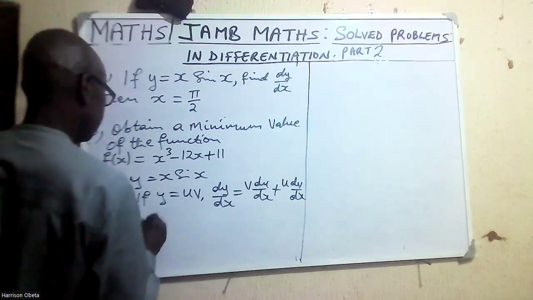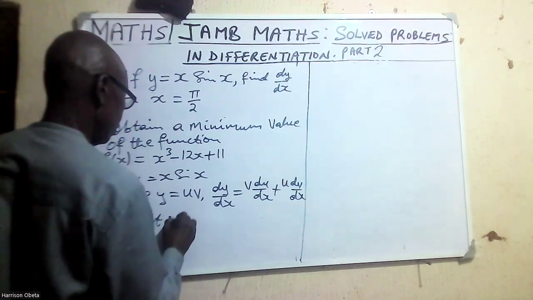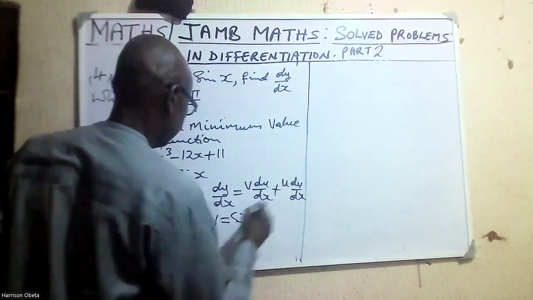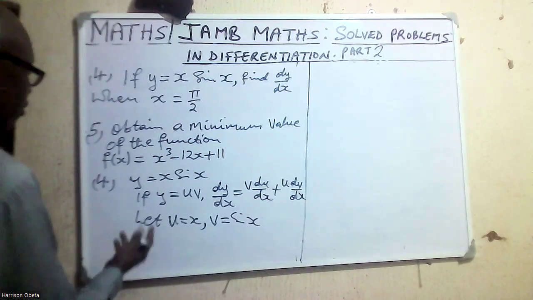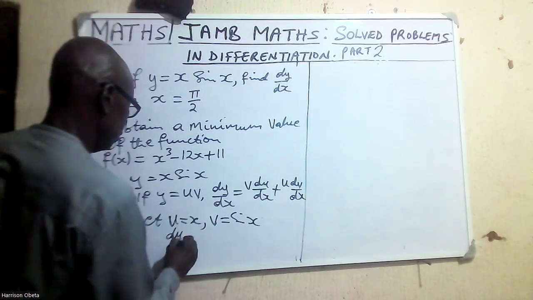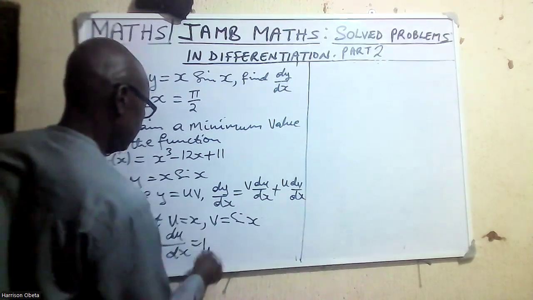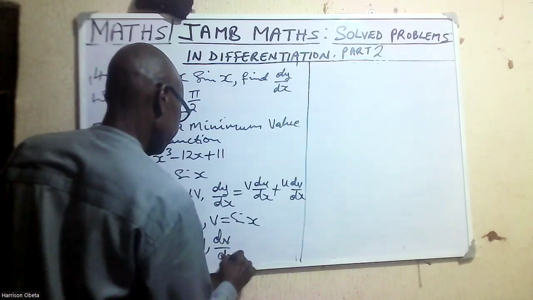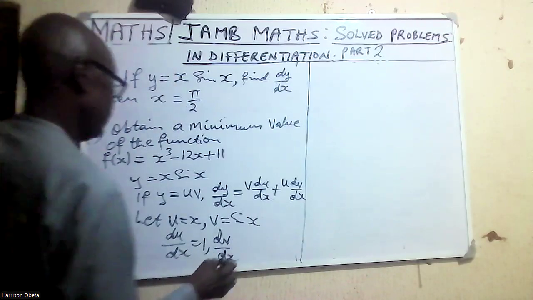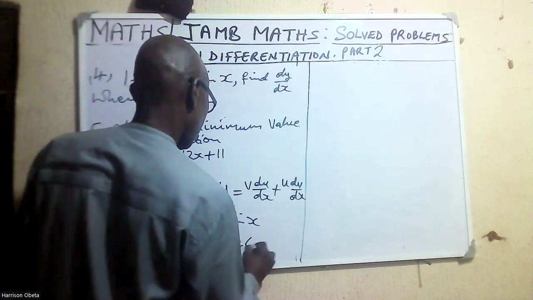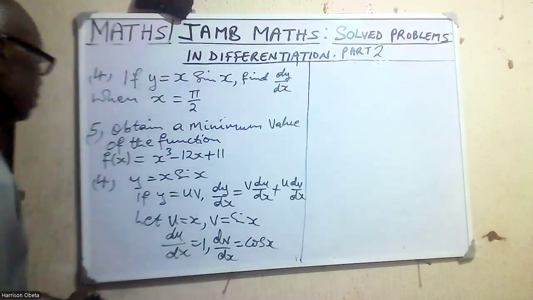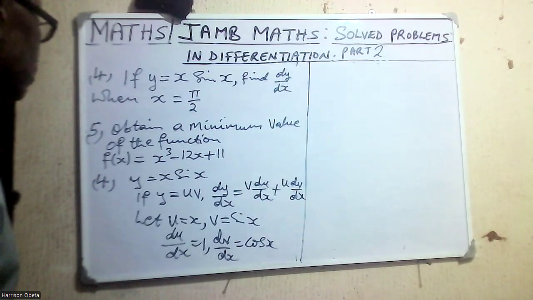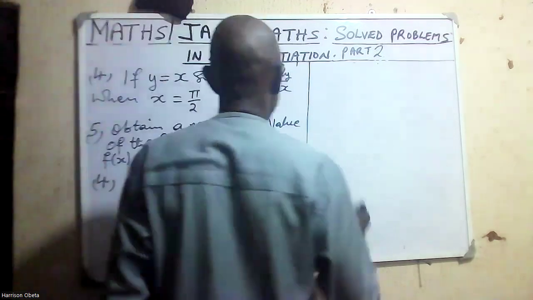So let u equal to x, and that means that v is equal to sine x. So if u is x, that means that du/dx is 1, dv/dx is cos x. So in continuation, from here,